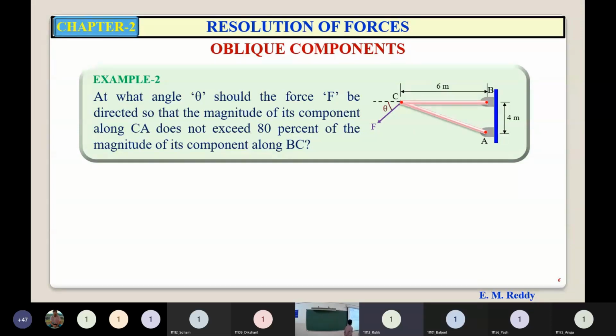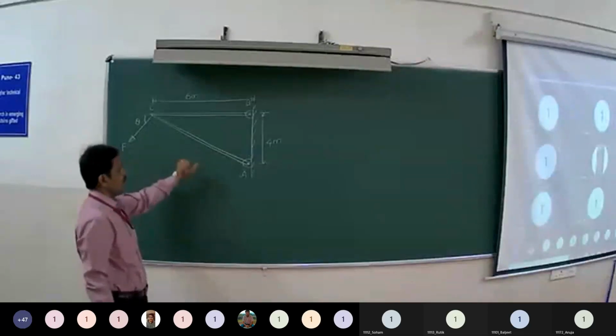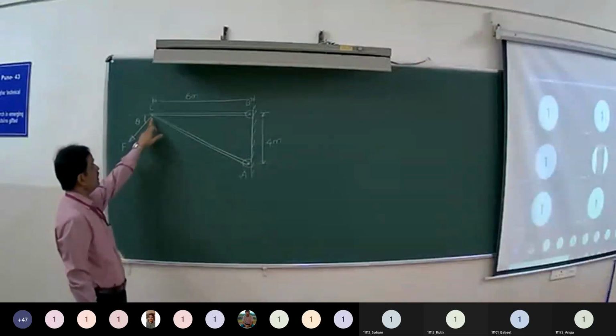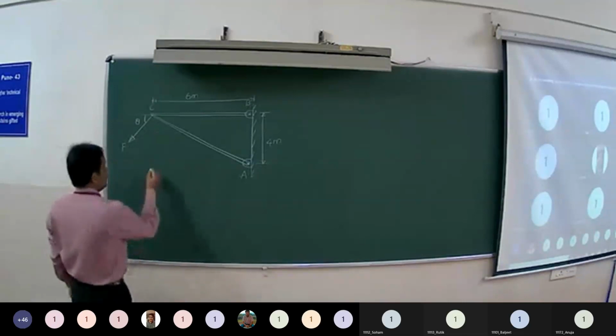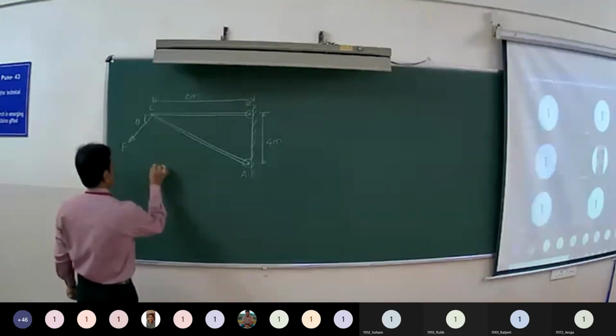At what angle theta should the force F be directed so that the magnitude of its component along CA does not exceed 80% of the magnitude of its component along BC. So this is the given figure. Force F is applied at point C, which is making an angle theta. So you are asked to find the angle made by the force, that is theta,